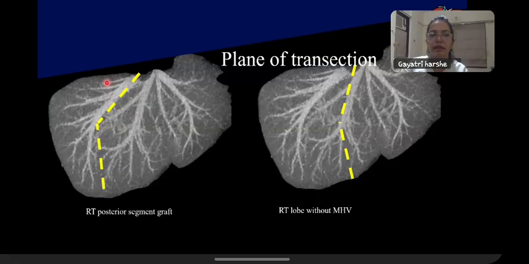You can see here these segmental veins: these are the segment 7 veins, and then this is the segment 6 vein, and part of that is the segment 5 vein that forms the right hepatic vein, and this particular area is the posterior segmental graft, and this will stay with the donor. And if it is an HPB surgery and you are going to do a posterior sectionectomy, you will remove this particular area because of the tumor or some other reason,